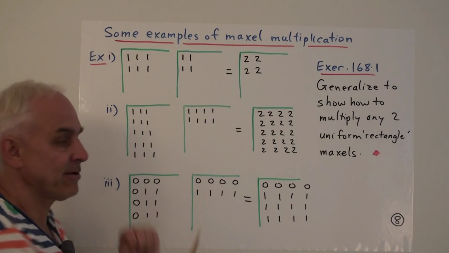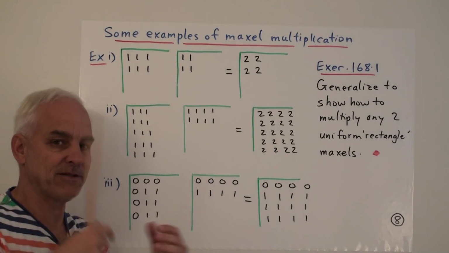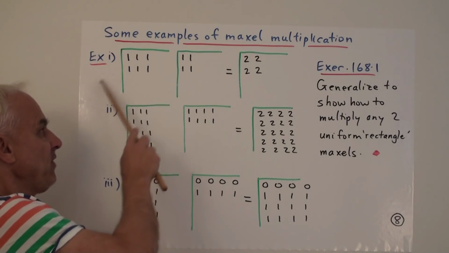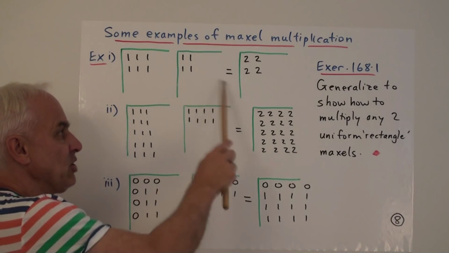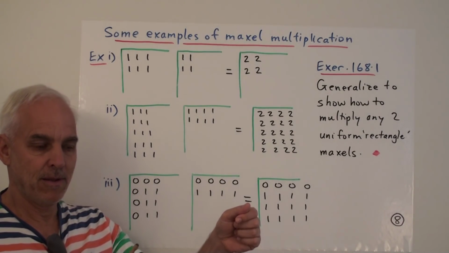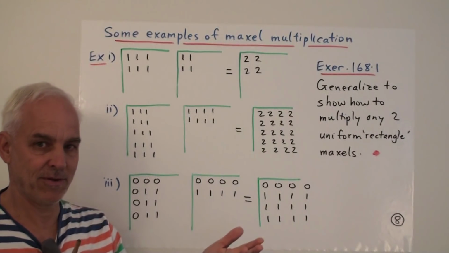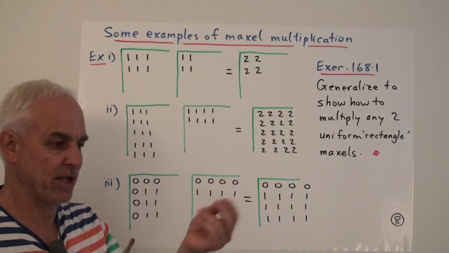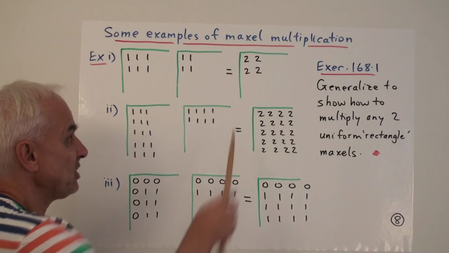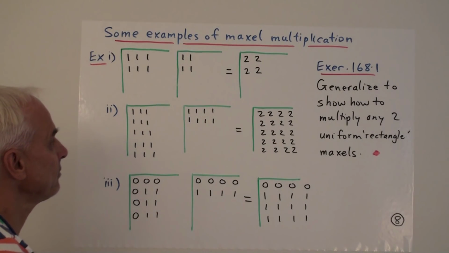We have 4 pixels here. The way we multiply these Maxwells is we have to multiply each of these 6 pixels by each of those 4 pixels. So there's 24 possible products. Many of them, in fact most of them, will give us emptiness. Only some of them will actually give us legitimate pixels which end up configuring in the product.